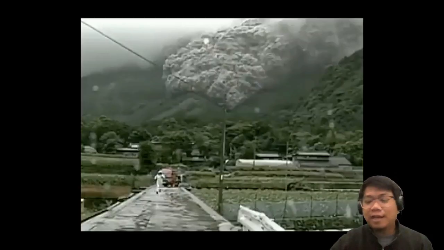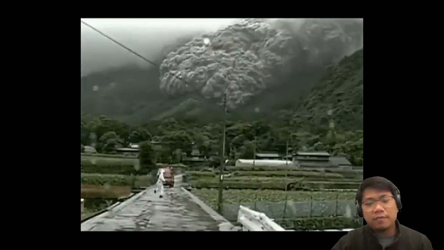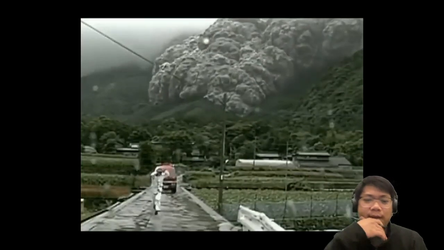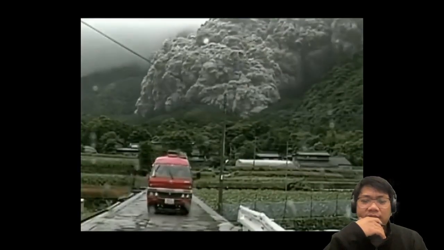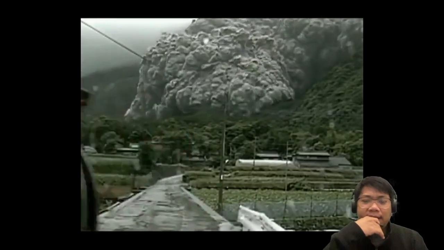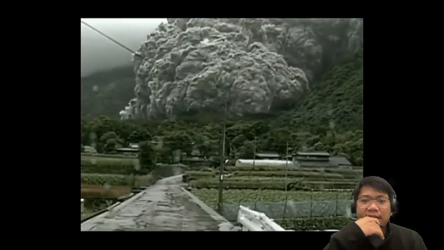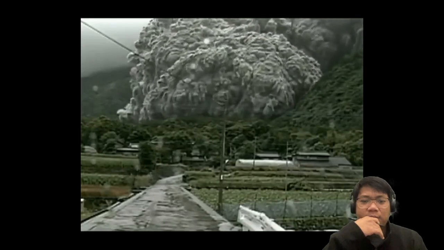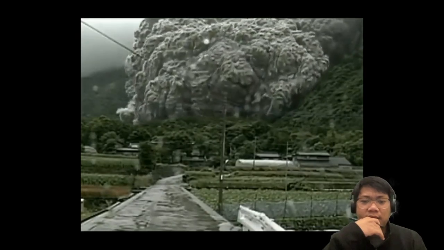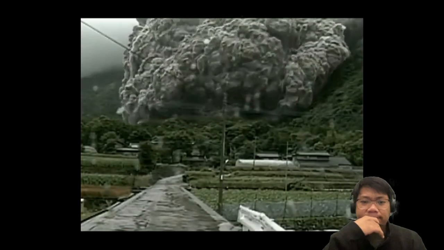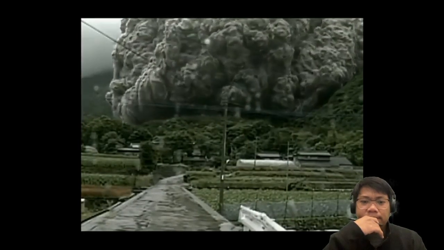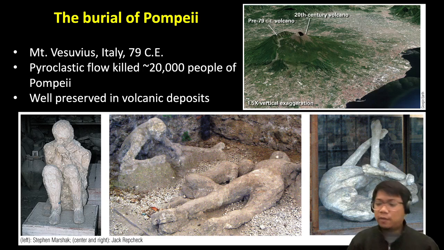And here, this is actually a video. I'm not really sure where this video is coming from, but it's probably from somewhere in Japan maybe. But as you can see there, it's very scary. When it flows along the flank, it can reach 200 kilometers per hour. Look at that. There you go. All right, so pyroclastic material and pyroclastic flow are very, very hot materials,